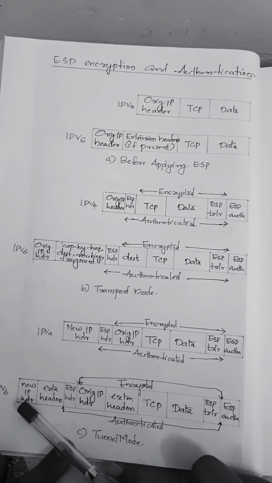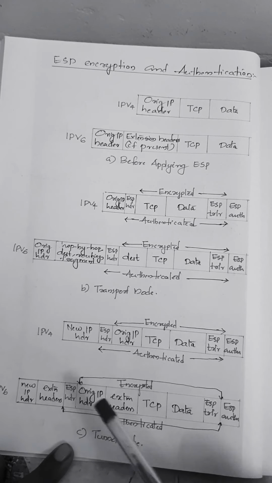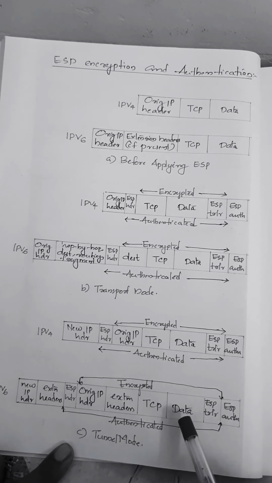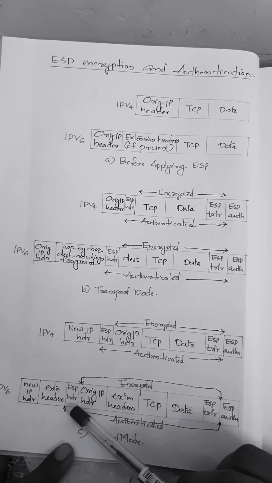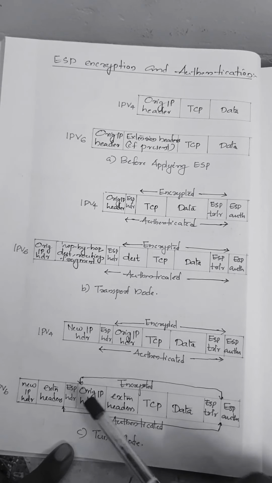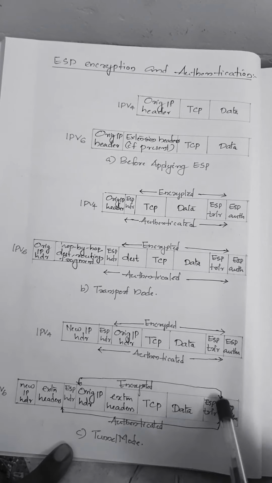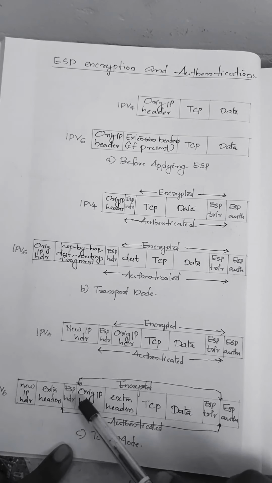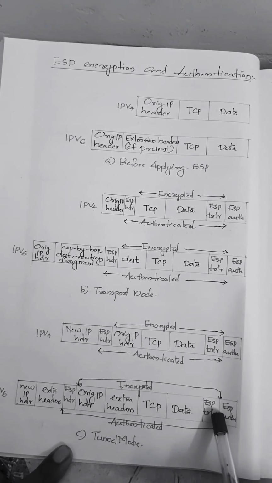Similarly, while considering IPv4, some extension headers are here. So along with those extension headers, the original IP header and data are protected by using the Encapsulating Security Payload header. See, the original header, extension headers and data together with the ESP trailer ensure encryption, and these fields together with the header ensure authentication.